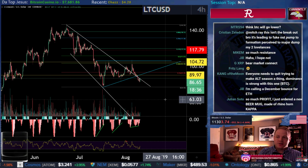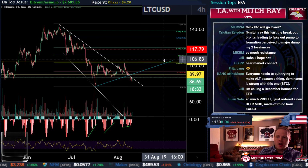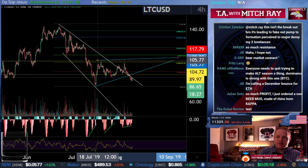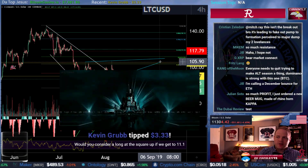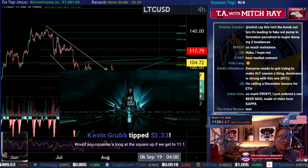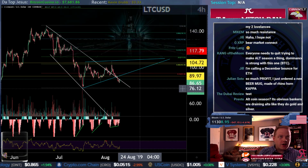Making adjustments here is pretty hard. If you look at it the same way, with that wick right there, then you truly do have the same type of pattern as Ethereum, which is that rising wedge. And you've already broken the wedge, unlike Ethereum. Would you consider a long at the square up if we get to 11.1? I think if we get there,